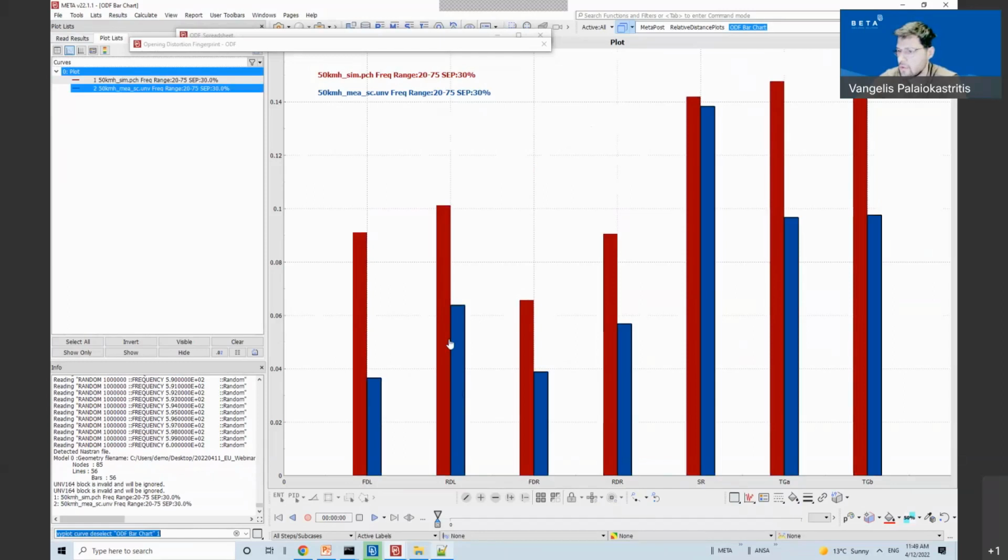So I can also see the behavior and compare the behavior of the simulation and the test.